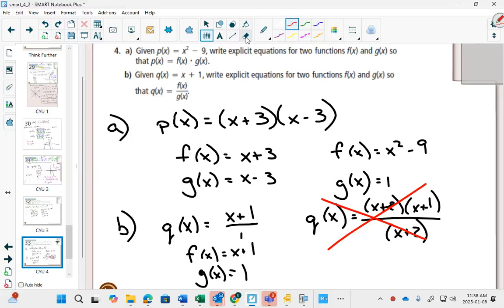Again, I've never seen them ask these questions on the exam. They just want you to see that you could think of an equation as two different parts. And if you wanted to think of it as two different parts, you could graph each part separately. And then if you wanted, take both of those graphs to help you graph the new one. Okay, so if you wanted to write down 7 and 8 for these ones, you could, but